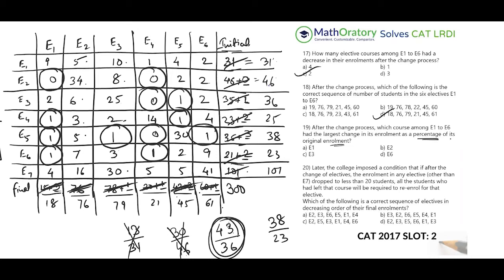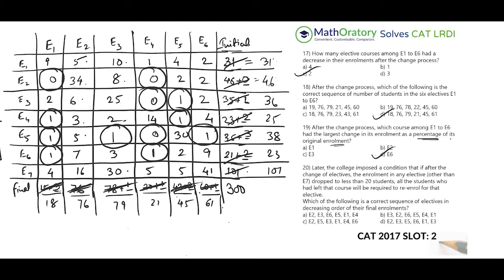I mean, 100% of 23 is 23. Then you still have 15 left. That is more than 50%. So this is more than 150%. And this is definitely not more than 150%, right? It's just a little more than 100%. I mean, maybe something around 120% or something, slightly less than that. But this is more than 150%, right? So we can definitely mark the answer here. So answer is E6.